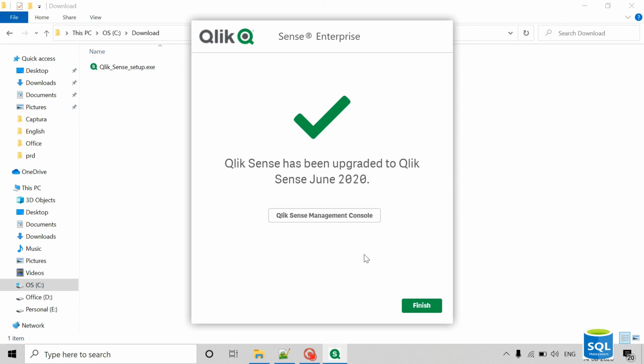When we open the QMC and go to the app section, we can see all the application details, whether they are upgraded or not, or still in progress. That kind of detail will be shown in the QMC portal, and after that we can start using our application.